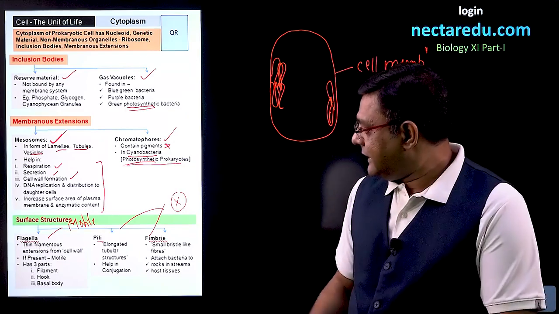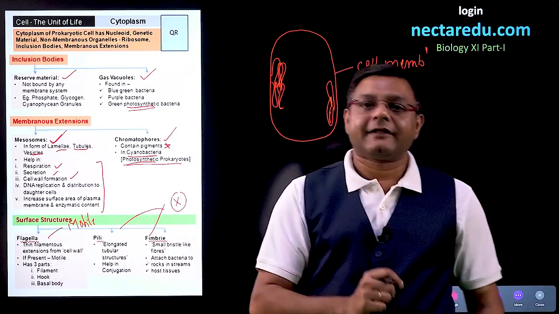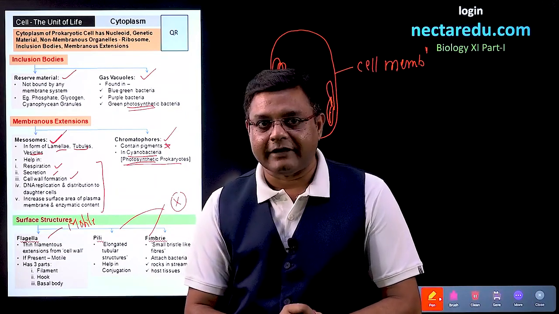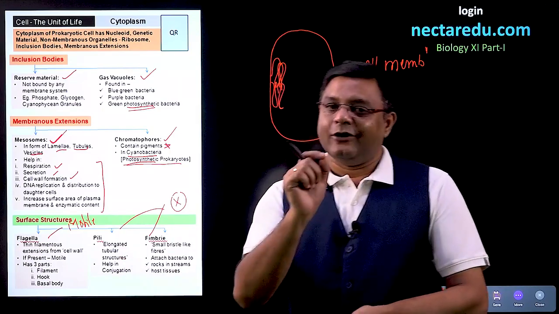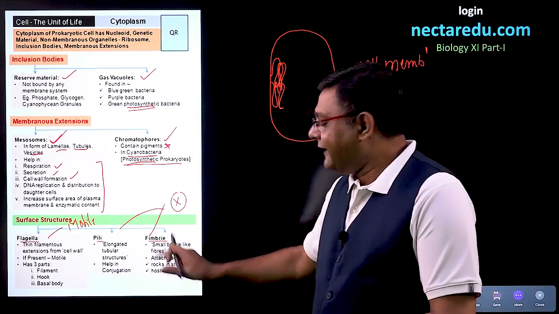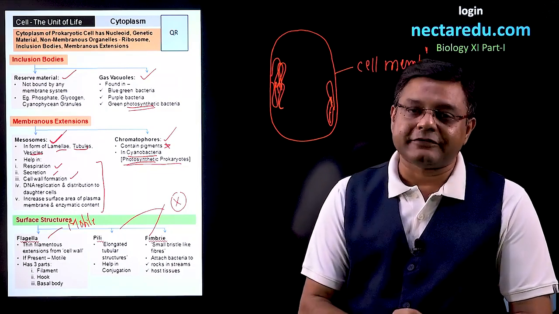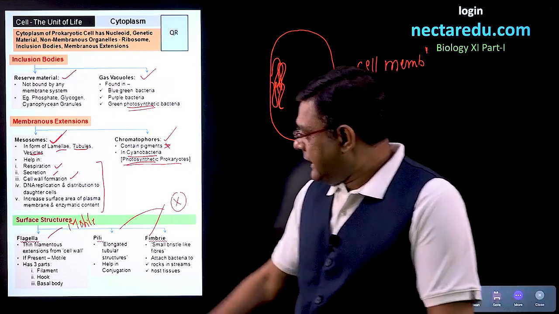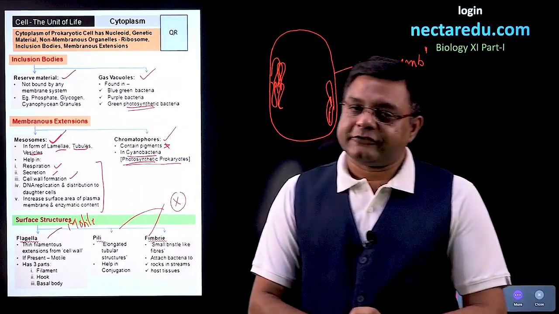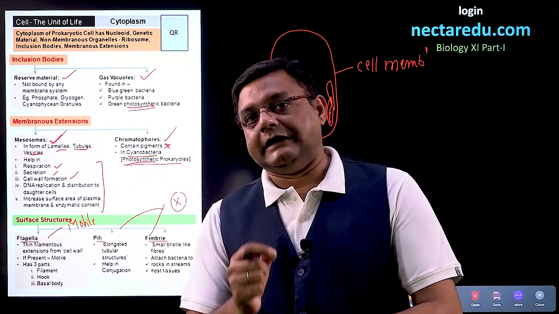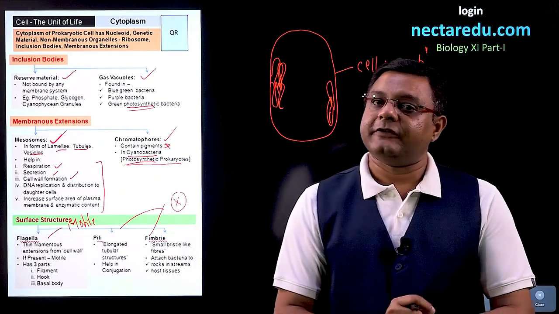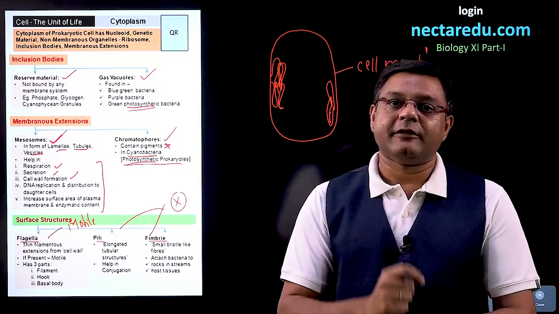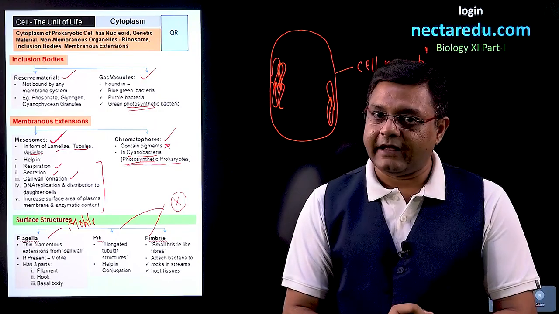Coming to the structures, flagella is a long hair-like projection. So we say that it is a thin filamentous extension from the cell wall. Pili is an elongated tubular structure, and fimbriae are like small bristles which come out of the cell. So this is the structure of all three. Then we come to different parts of flagella. Flagella has 3 parts. There is a filament, which is the longest part. Then is the hook, and the third is the basal body. Basal body is the structure from which flagella will arise.